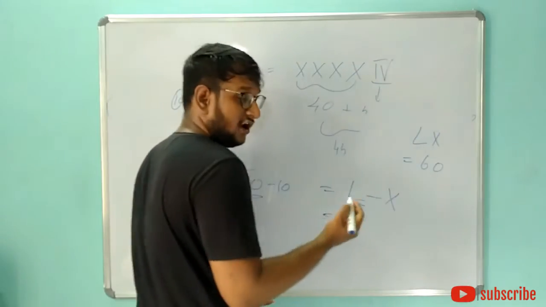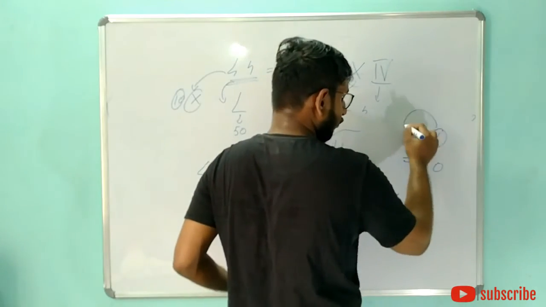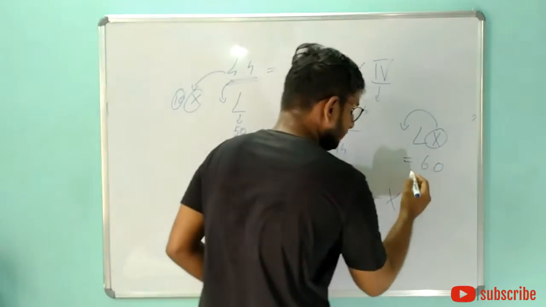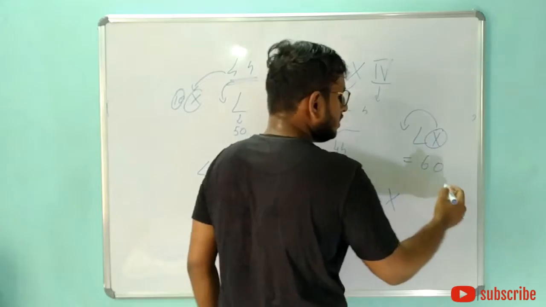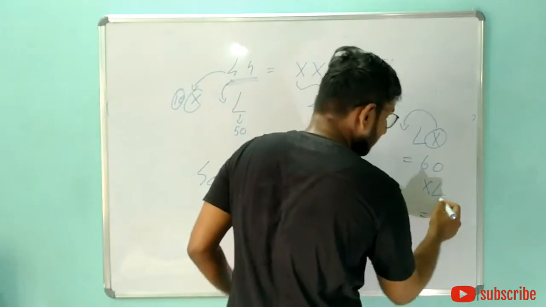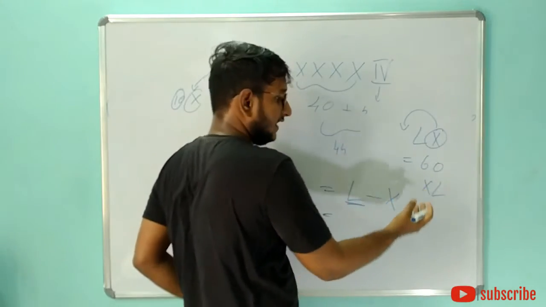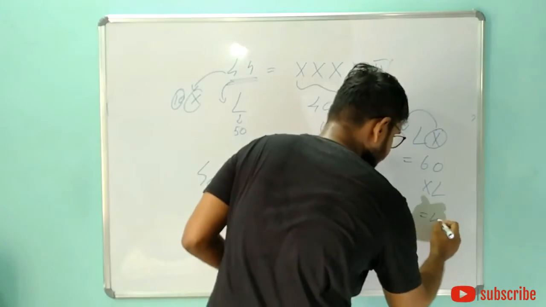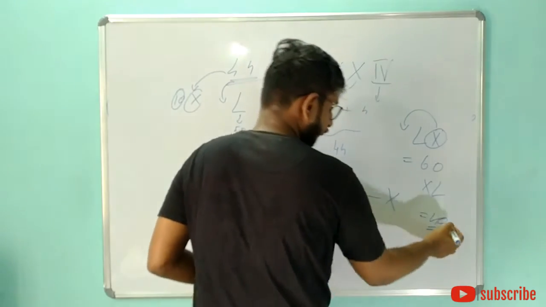But if you have a smaller number before the greater number, then it means subtracting. So if you have XL, it means 40, because L is greater and a smaller number comes before the greater number, so it gives us 40. So we have represented 40, right?